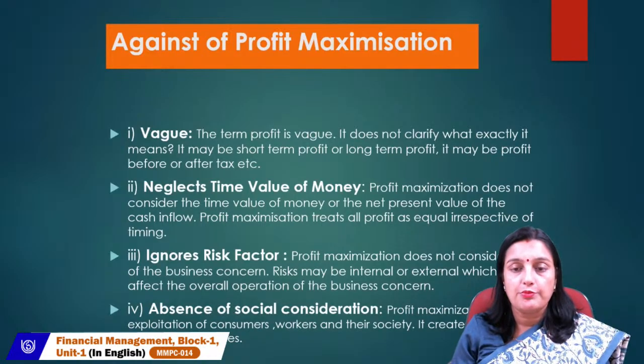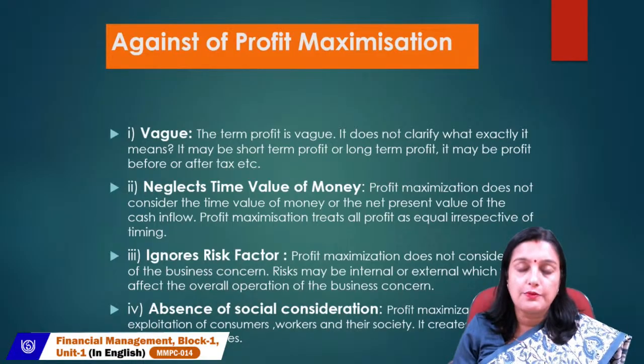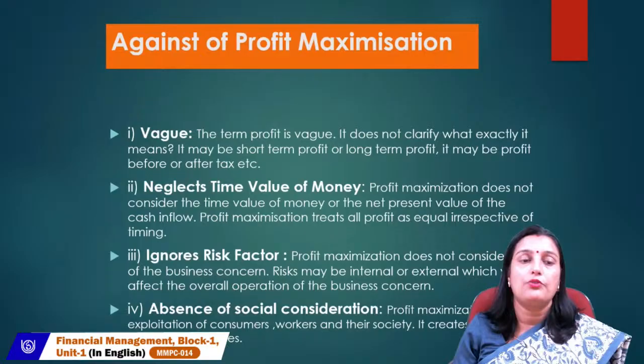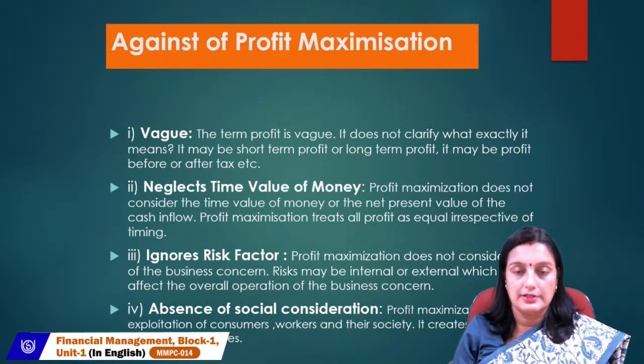So when we are talking about profit, which profit are we talking about? It cannot be clear from the statement when we are talking about only the profit. Operating profit may be higher, but net profit may be less. Why? Because if you are incurring too many expenses, operating expenses will increase, and then the net profit will definitely decrease. So the word profit is vague. It is not clear from the statement which profit we are talking about.